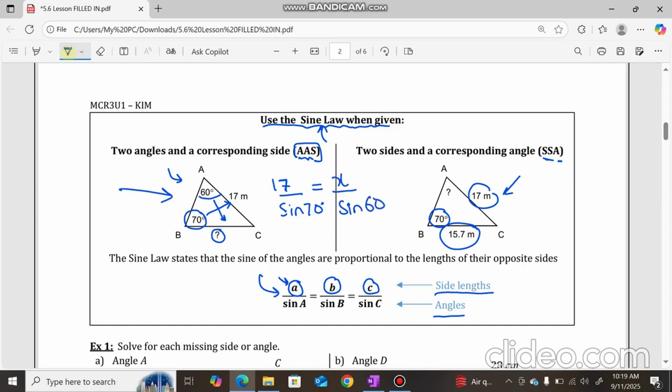By solving this equation, we can do the cross multiplication, and in that way we can get the value of x, which will give us the value of this side. So this is one case where we can get the unknown side. Okay,